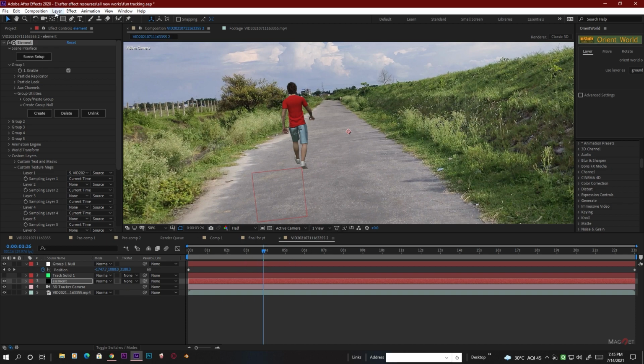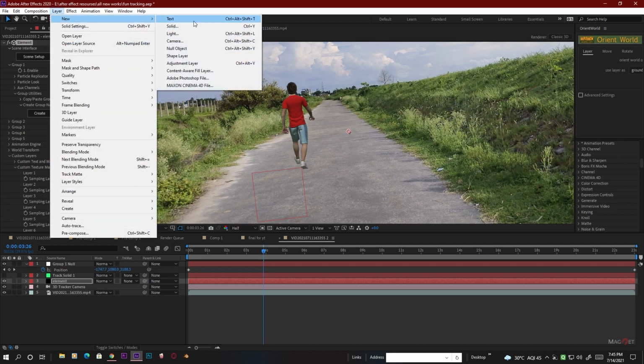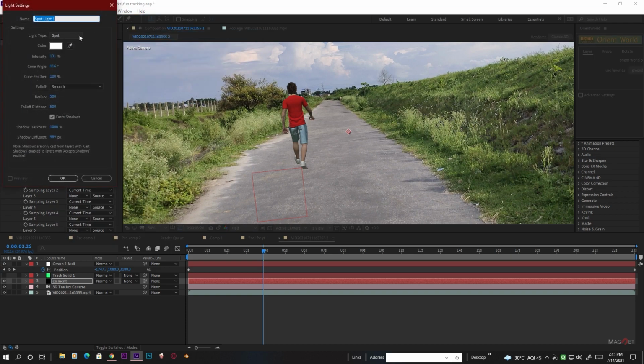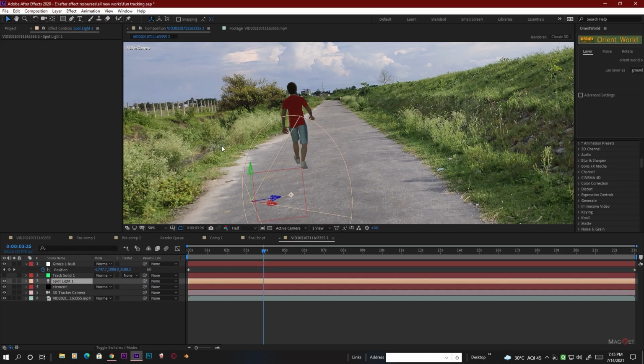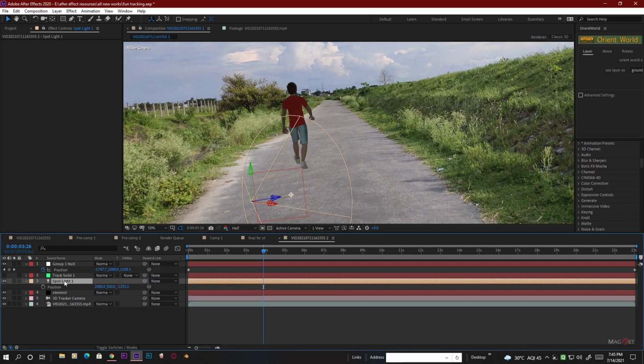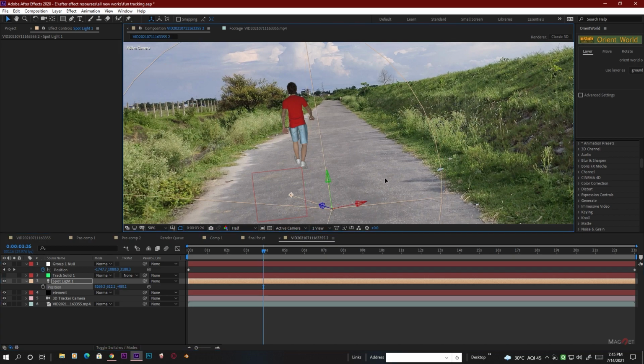So now we create a light for our scene. So first we go to new and light and select the spotlight, and the intensity looks right, and also change the shadow diffusion to maybe 1000 or so, and then hit OK. So first we go to the spotlight and press P to bring up the position of the light and change the position. But if you want to position your light in the right place, you need some reference, that is the